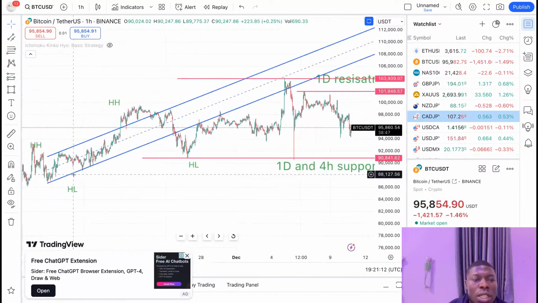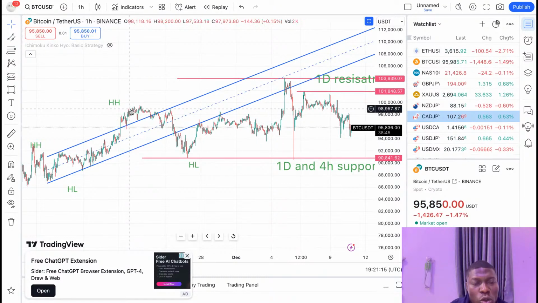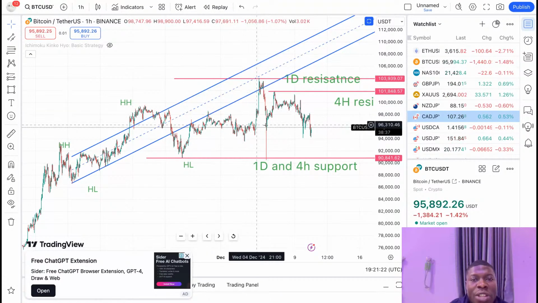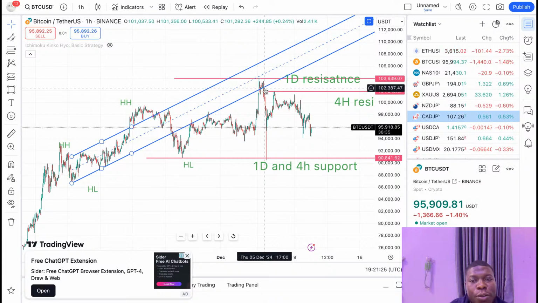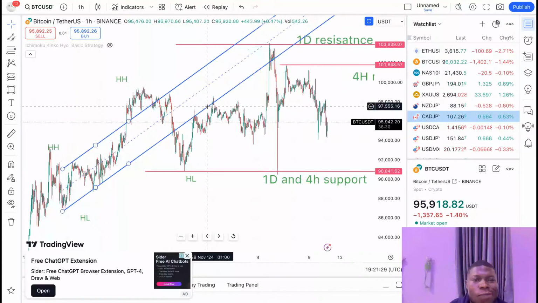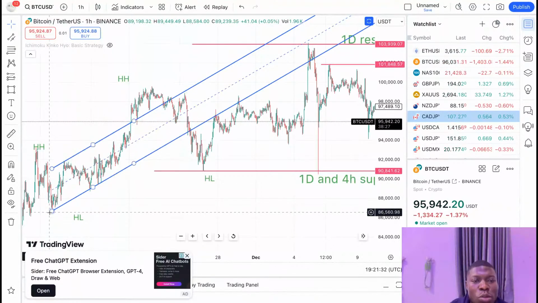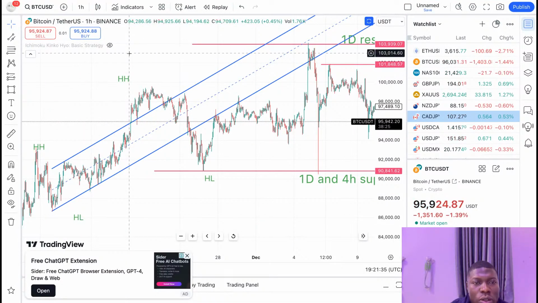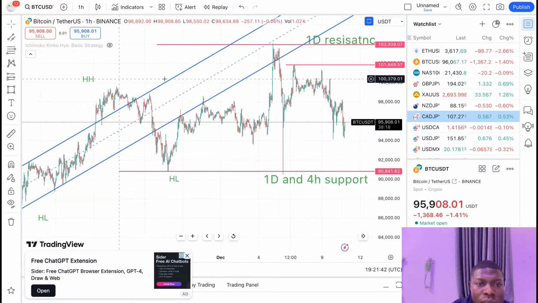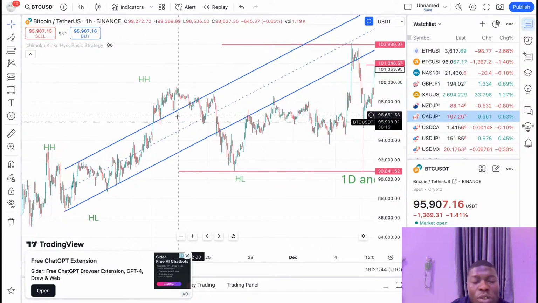So this is how this went from this higher low to this higher high. Whatever results come out here will give rise to the next movement of Bitcoin. Basically, this is a trend moving from this support to this resistance, because the swing points are support and resistances as well. So whenever you see a trend and there is a breakout, you check